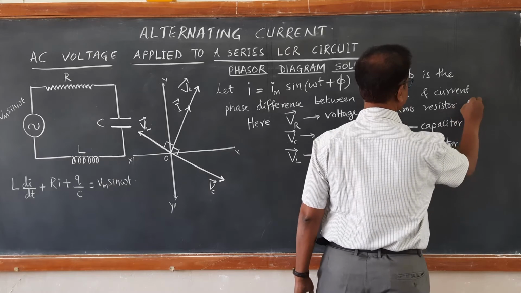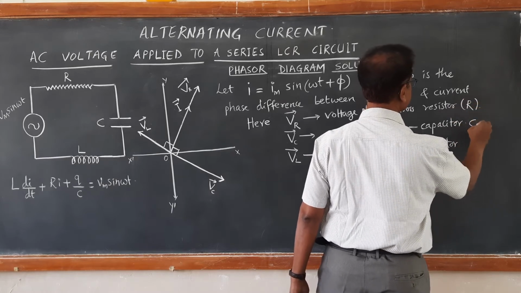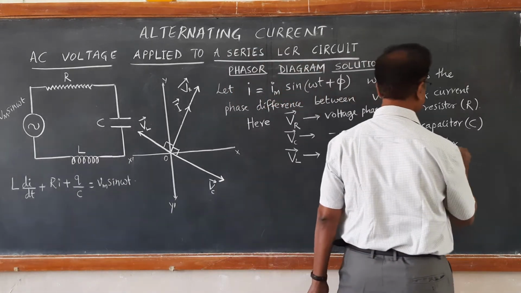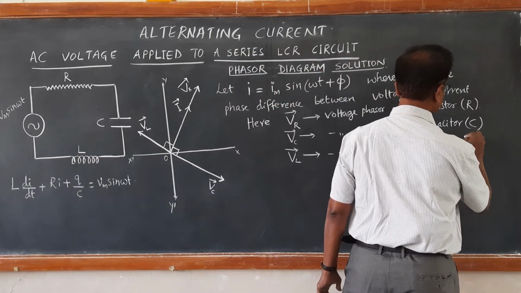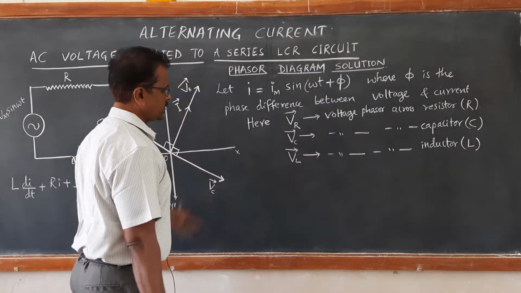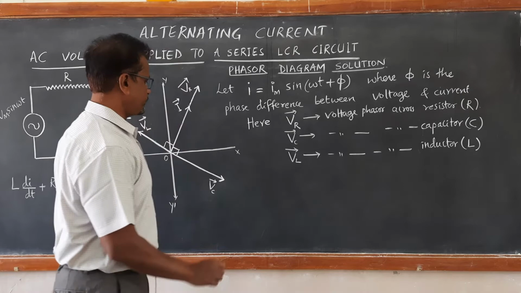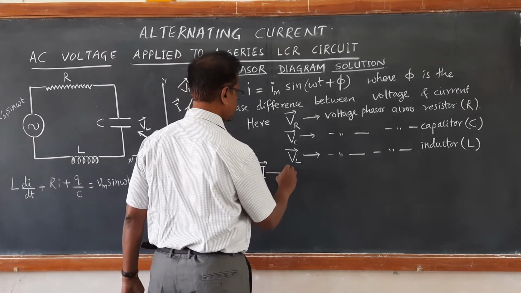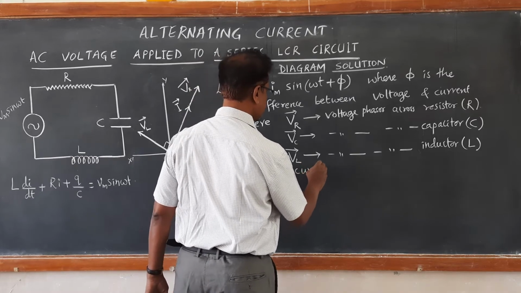So, resistor is represented by resistance R, capacitor is represented by capacitance C, and inductor is represented by the symbol L, inductance, right. And I vector, I phasor is the current phasor